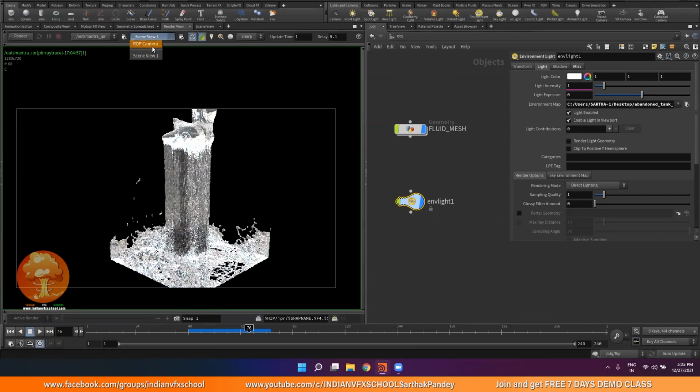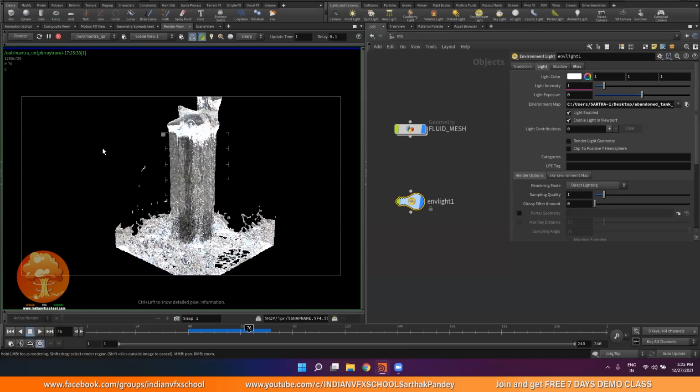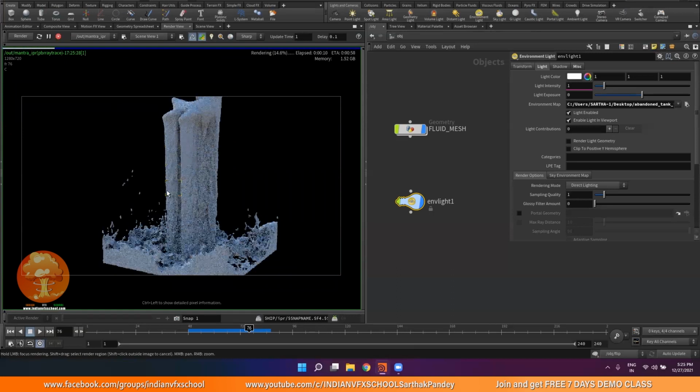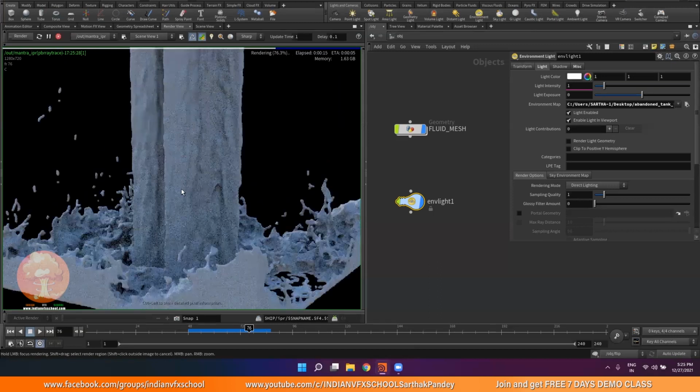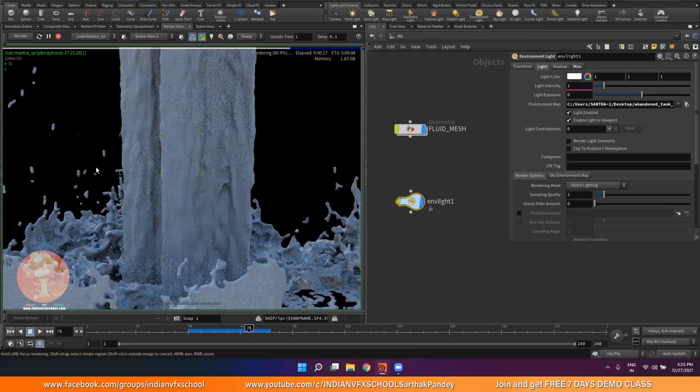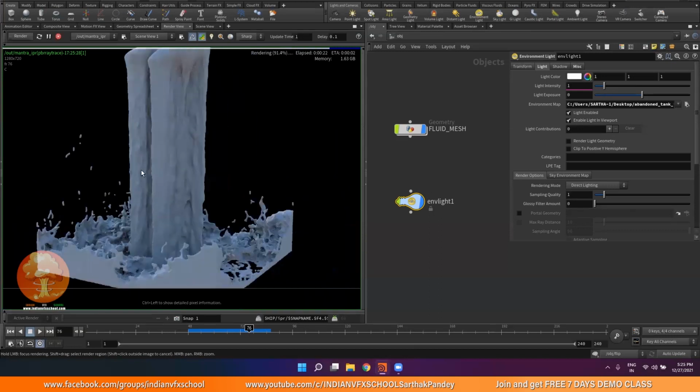Now if I want to render it, I will go into this rendering tab and make sure this is set to your current camera. If you're using any camera, it will come over here. Right now I'm not having any camera, so I will just use this scene view and click on this render, and it will start rendering everything. This button is quite important, because let's say if this is turned on, it's going to render everything in an adaptive mode. So it will clear all the image at once, and it will take time and keep on clearing it. And if you click somewhere, you can force that area to render first. I mean, you can set the priority for that area to render first.